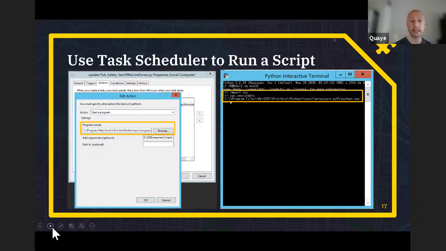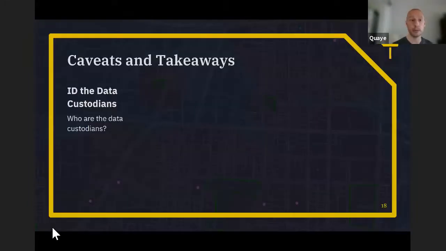And then the last thing is you need to specify the script name itself. That would be the argument that you're passing into the Python exe. Once you have all that configured, then your script will run on a schedule and your system will be fully automated.